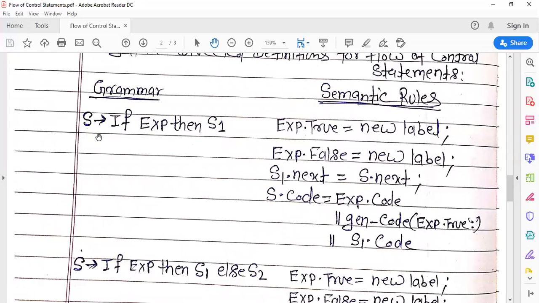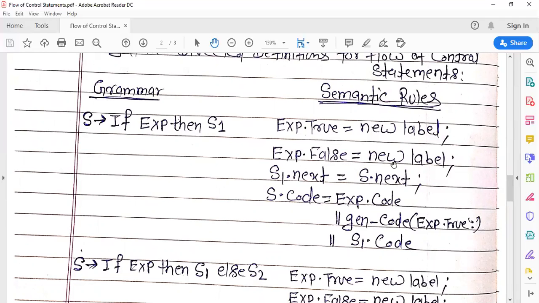This is the grammar: S derives if expression then S1. The semantic rule for this statement has exp.true equal to new label. Exp.true is the true label. It will generate a new label, and that is called exp.true.